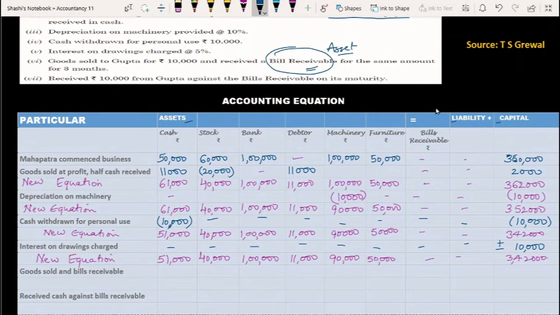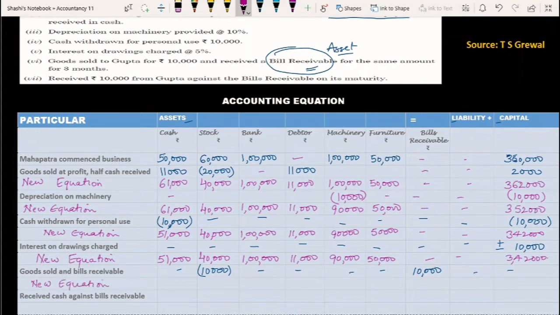So here the goods are sold, so we are assuming that there is nothing mentioned as profit or loss, so we just will going to take the sale of goods at 10,000, no profit loss, so we are not going to write that since it's not mentioned in the question. And now if the cash is not received, of course, and we cannot write it as a debtor also, because now instead of debtor he has accepted the bill. So here the bills receivable, which is again an asset, will be increase. Okay, so no effect on cash, remember.